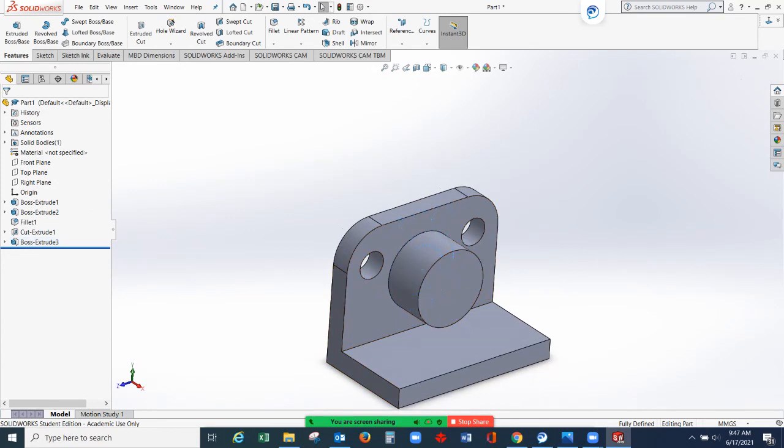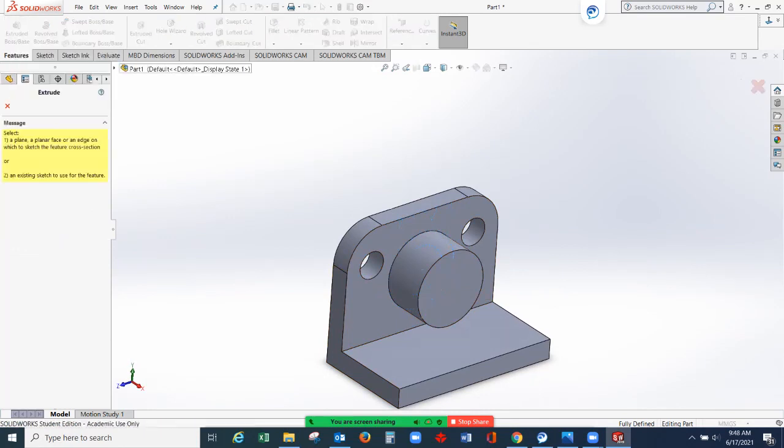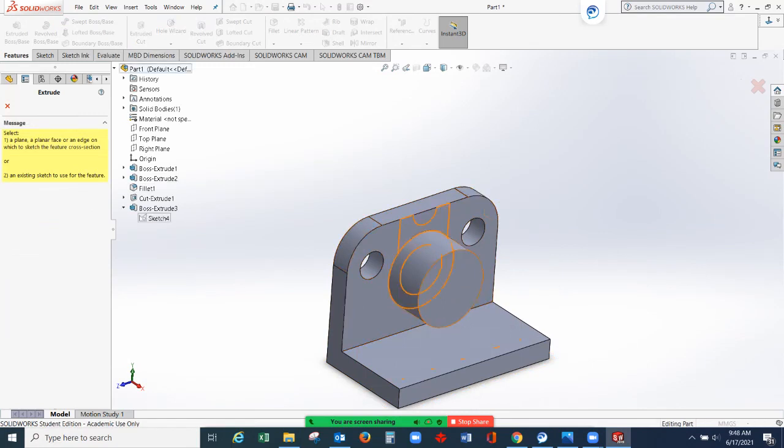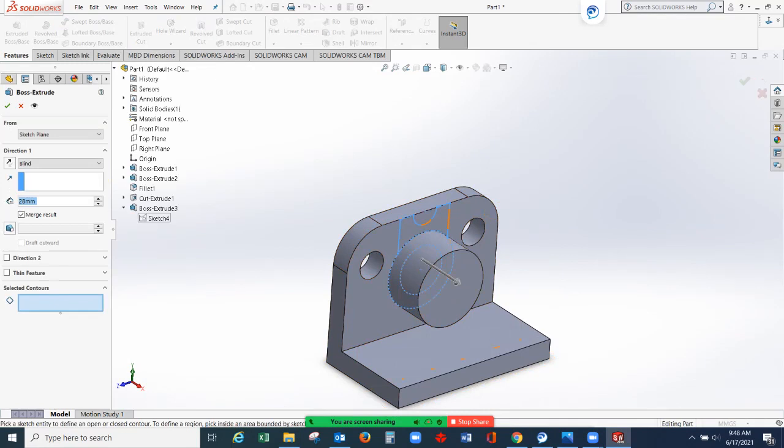So again, extrude boss or base. We need to select a plane or an existing sketch. So we can expand this one. We can search for the sketch 4. We are using the same sketch. Select this sketch 4 and selected contours. Select this inside contours.